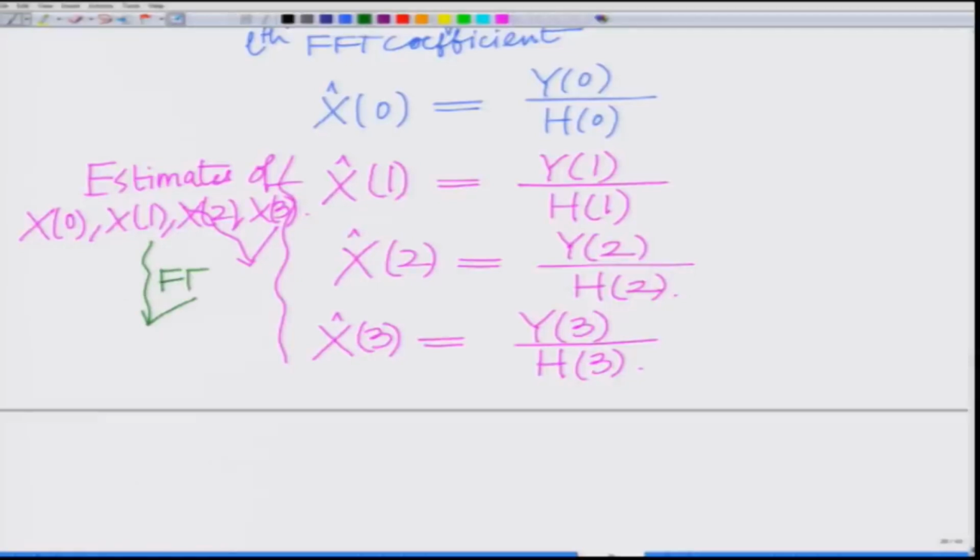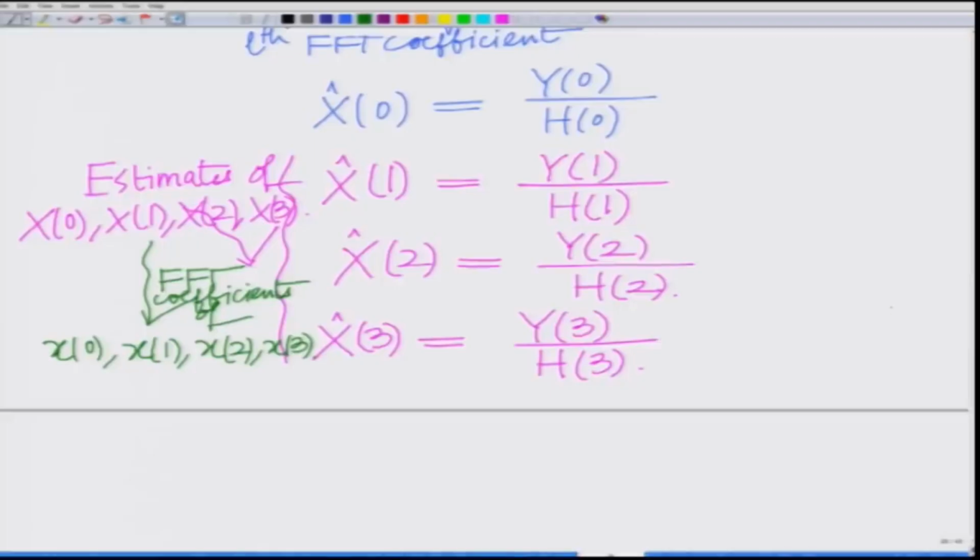These are the FFT coefficients of the symbol sequence, that is small x0, small x1, small x3. And therefore, now what we see is basically you have the small x's, which are the symbols in the time domain. You take the FFT of this, you generate the samples, that is the capital X0, capital X1, capital X2, capital X3. Therefore, from the capital X's, if you perform the IFFT, you can generate the small x's,